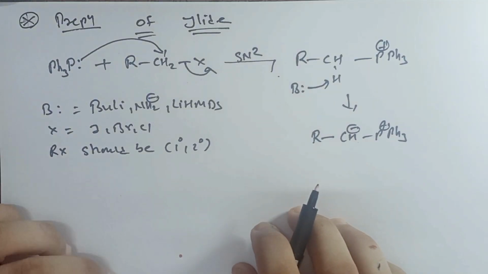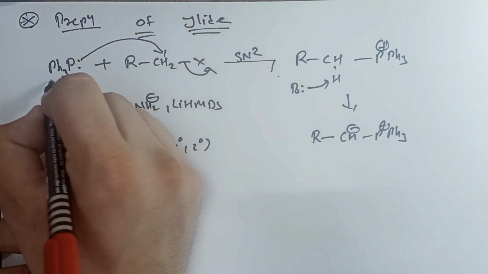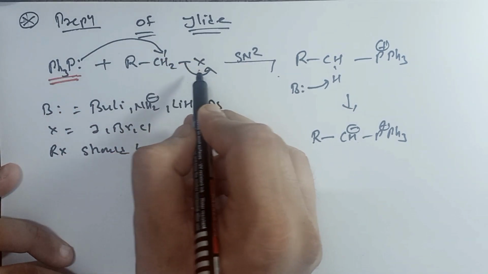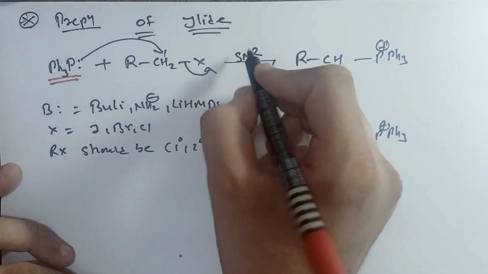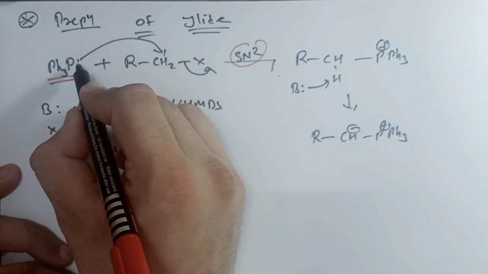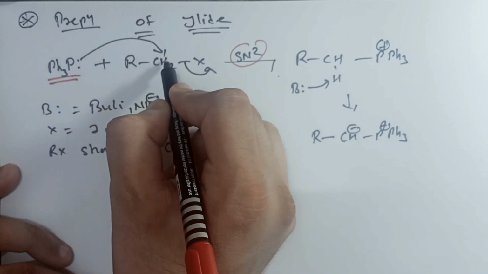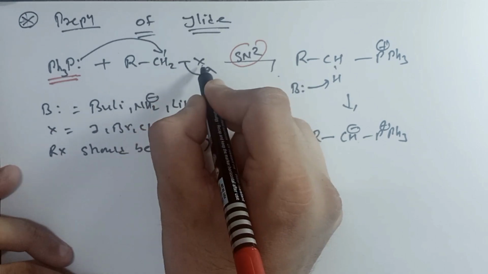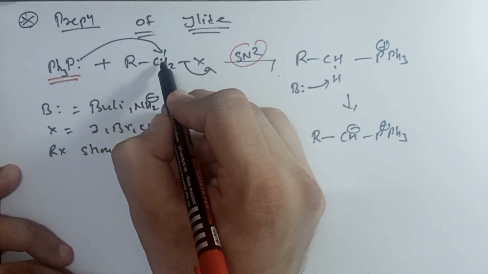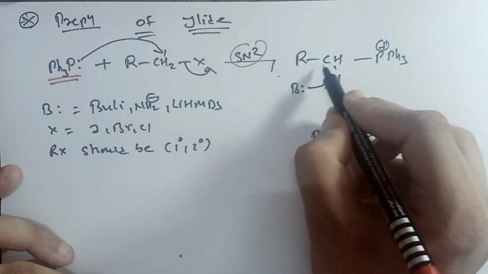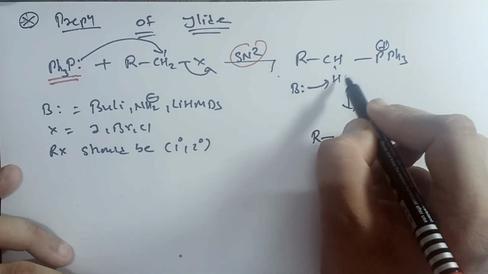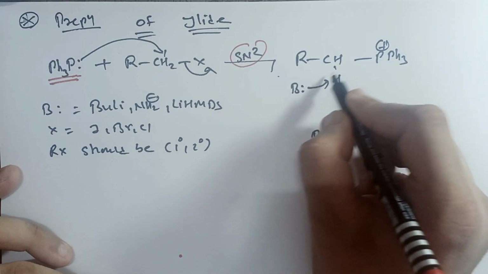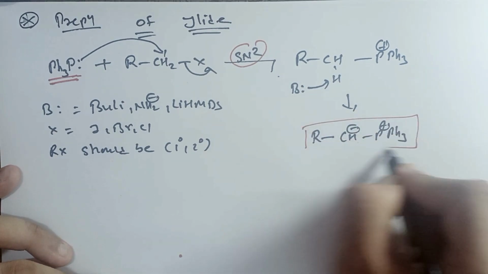Okay, now let's start with how to prepare a ylide. Suppose we have a triphenylphosphine group, and it is reacted with a primary halide compound, suppose RCH2X. It will undergo the SN2 reaction. This lone pair of electrons will attack the CH2 because it has a positive charge and the phosphorus has a negative effect. So now we have this type of intermediate, that is R, CH2, P positive charge, PPh3. Now when it is reacted with the base, it will abstract one proton over here. So now this is our ylide molecule.